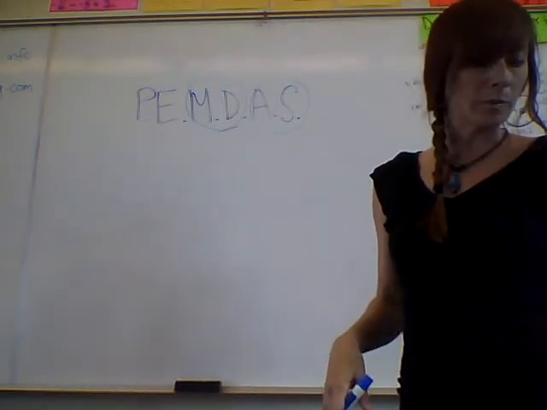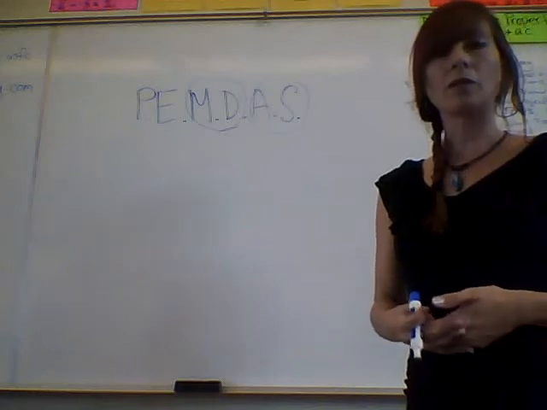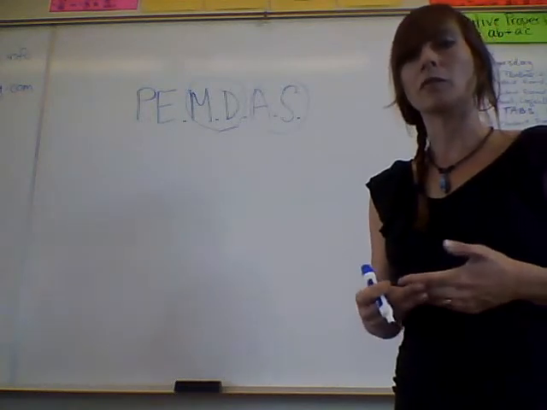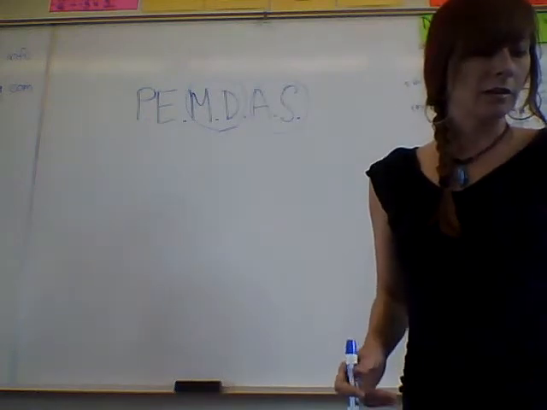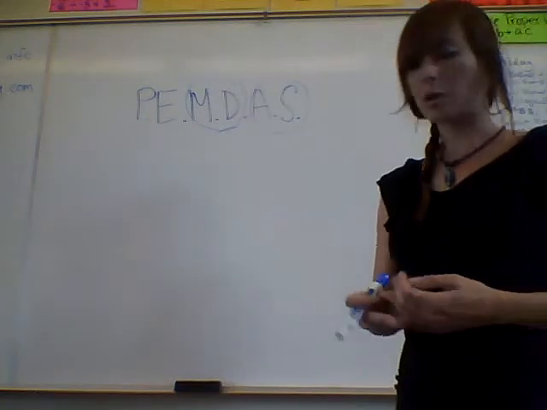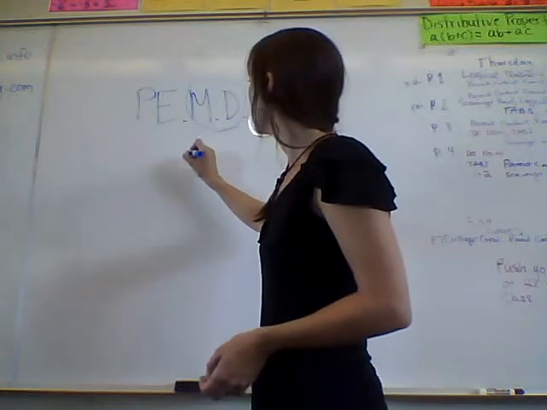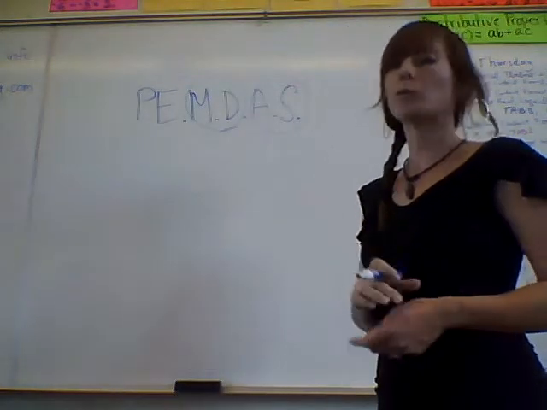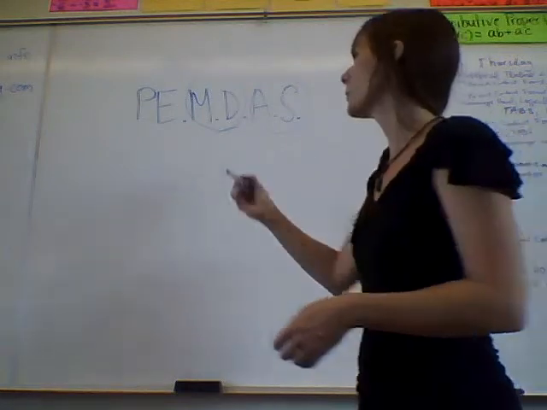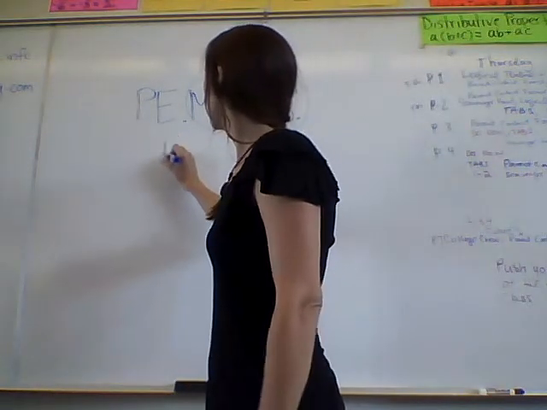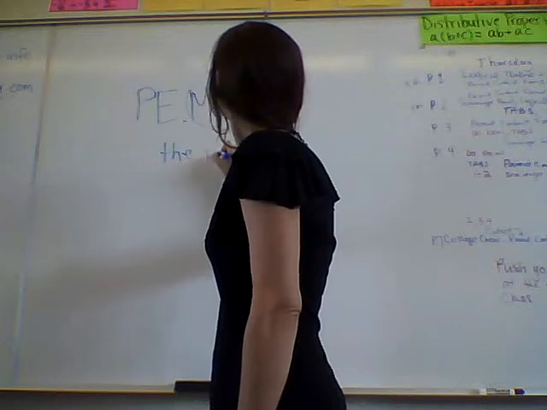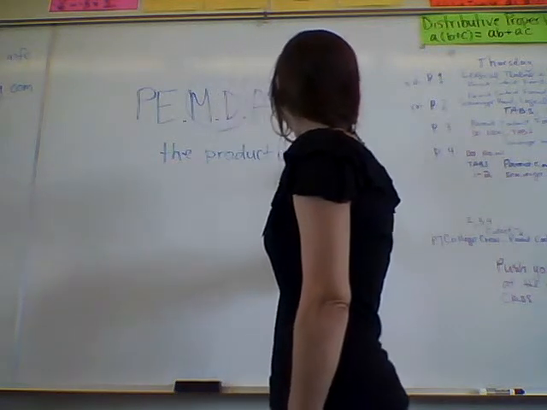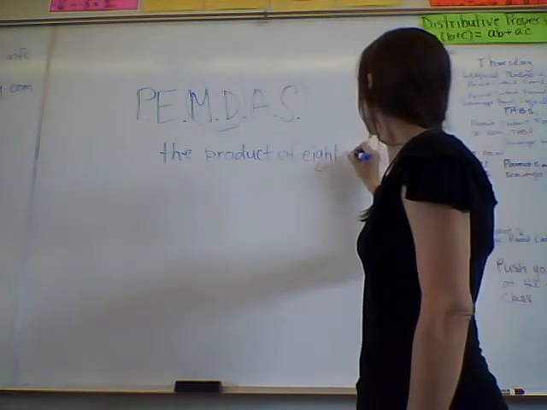So for example, the directions would be something like this. Write a numerical expression for the verbal phrase. And one of the problems could be the product of 8 and 7. That'll be written out as a sentence, and you have to write it as a numerical expression. So the verbal phrase will look like this. The product of 8 and